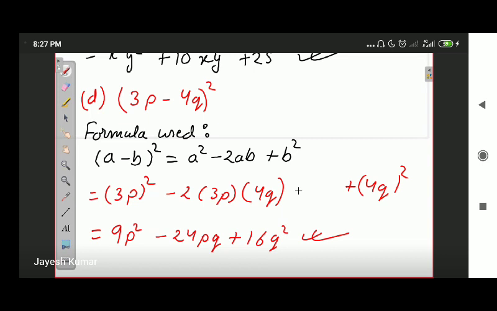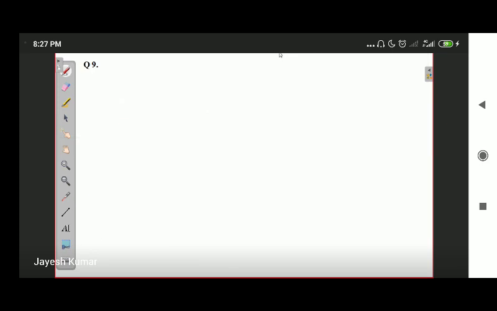Based on this question, in question number 9, you have two parts, A and B part. A and B part are explaining the same type of formulas. See, in question number 9, A part, you have 84 whole square. In question number 9, B part, you have 91 whole square. Okay, so let me explain how to do A part, and I guess you will have to do B part by yourself.